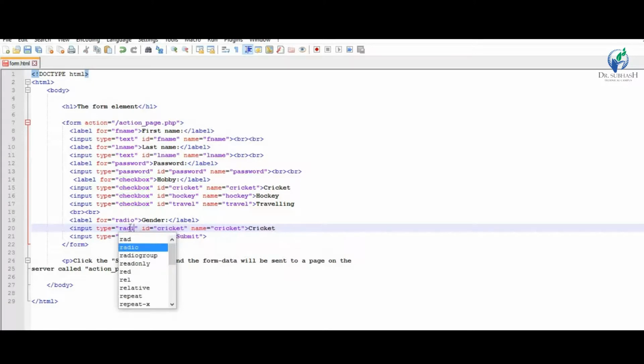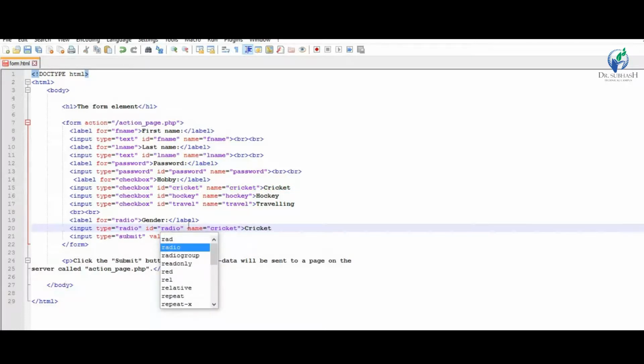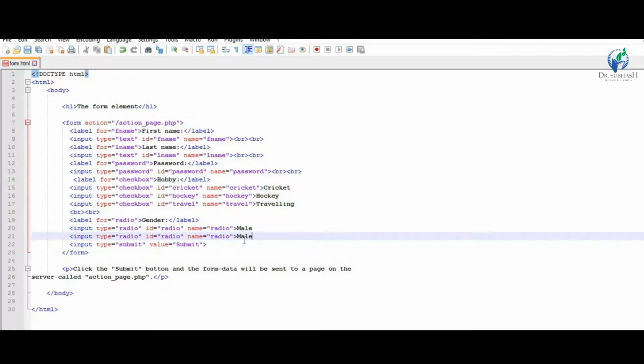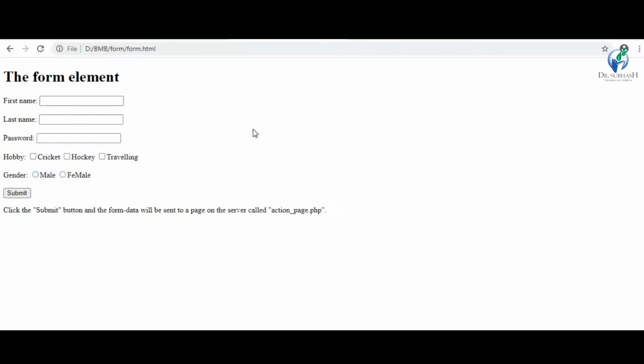Input type equal to radio, id radio and name radio, give value male and the second one is female. Just save this file and execute this file. You got the radio buttons, gender male and female.